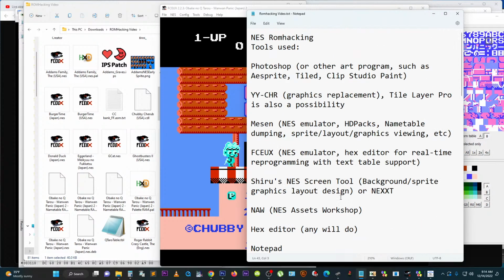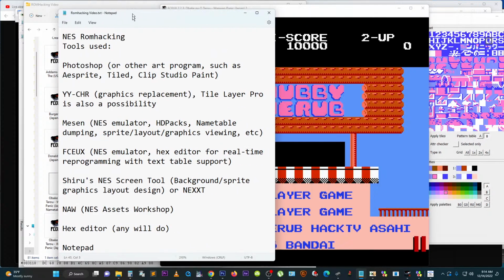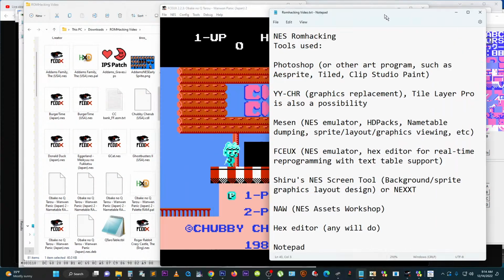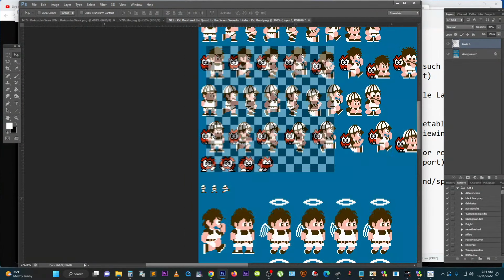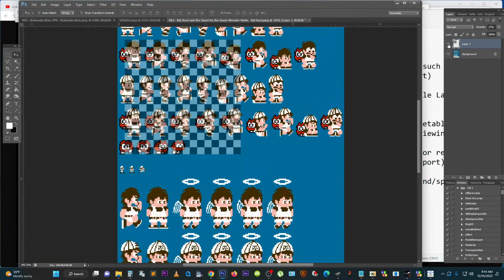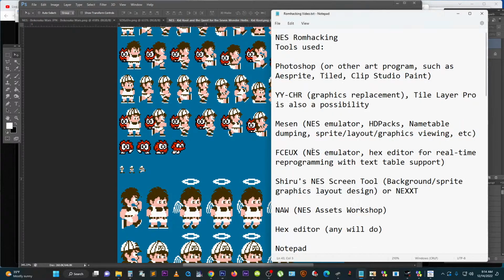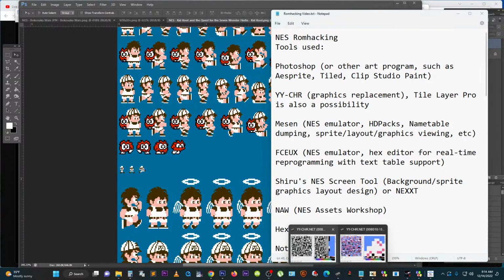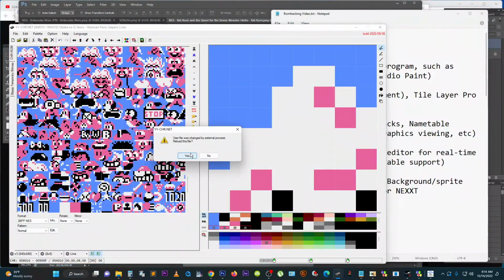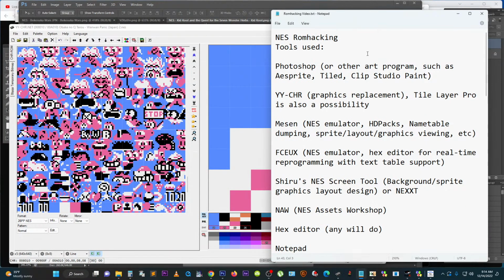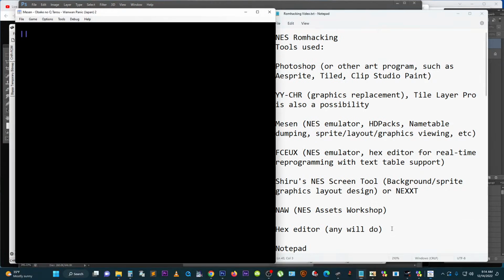So the programs used for this are Photoshop or some other art programs such as Aseprite, Tiled, or Clip Studio Paint. We haven't actually used Photoshop very much during this, but it's really where I would be drawing this new artwork for sure. We're also using YY-CHR for graphics replacement, as you can see here. We're using Mesen, which is an NES emulator,